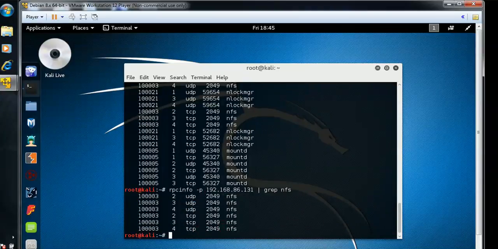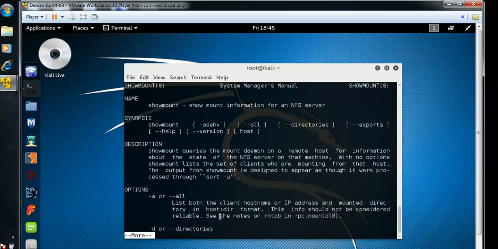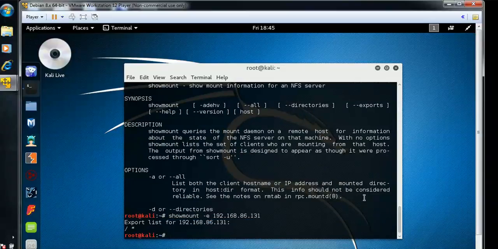Okay, now I'm going to check the mount option. showmount queries the mount daemon on a remote host. So showmount -e 192.168.86.131. Here the export list for the whole world, nothing is here, so no mount for the 192.168.86.131. Okay,